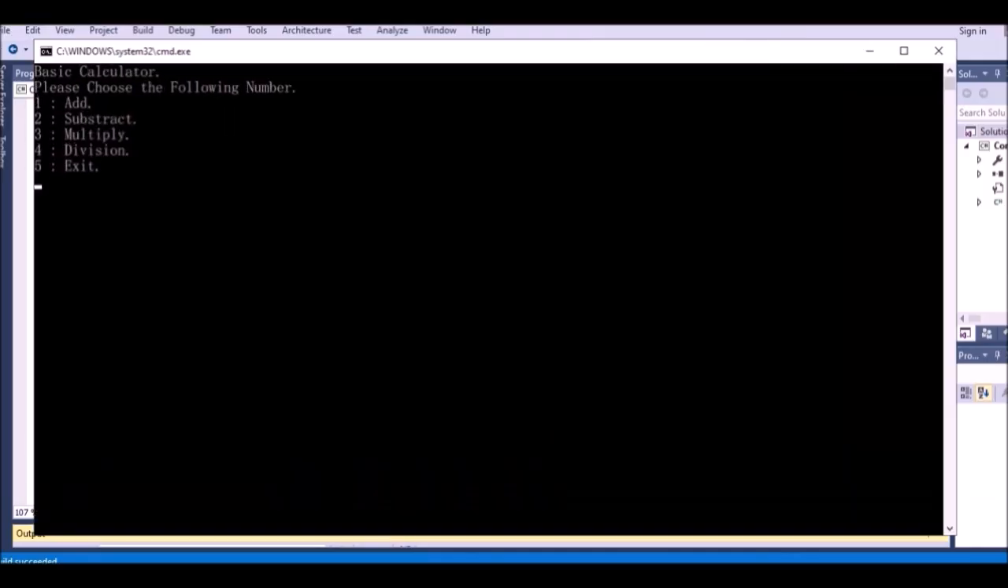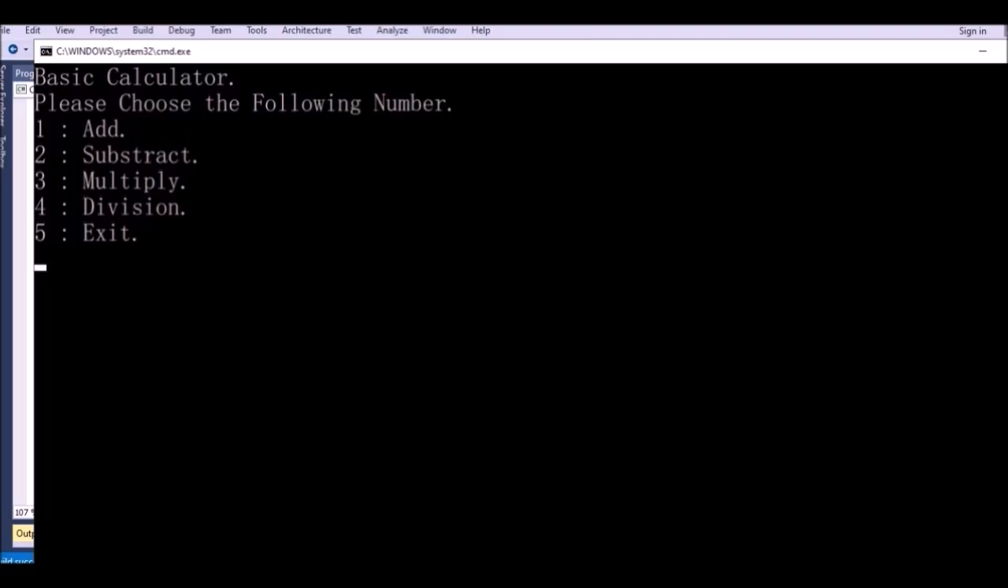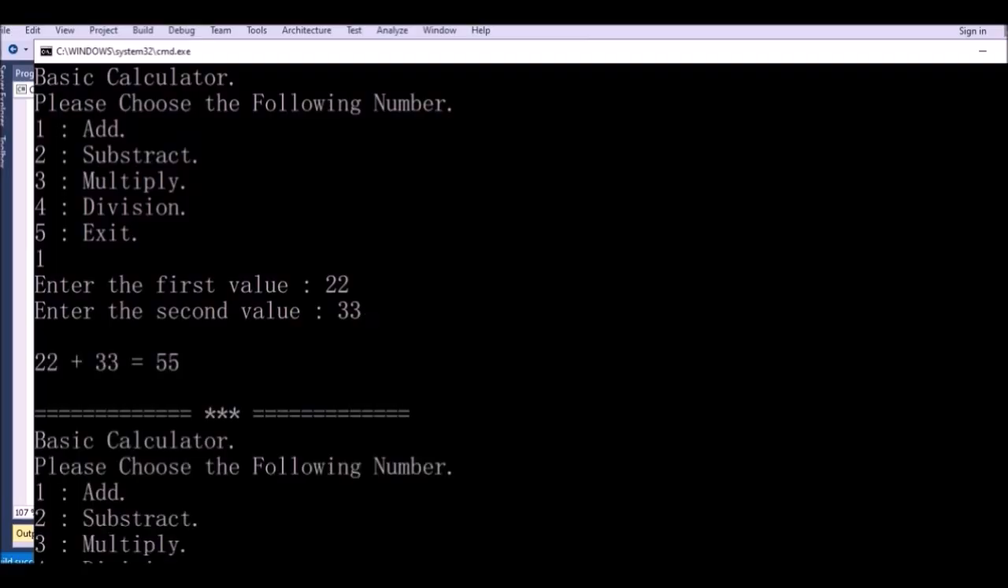Can you see? Right. So now it's beautiful, right? So for example, I want to add, right? I choose number 1 like this and enter. So now the program tells me to put the first value. For example, I put 22 and 33 like this and enter. So you'll see that the result will be like this. So this one is correct,